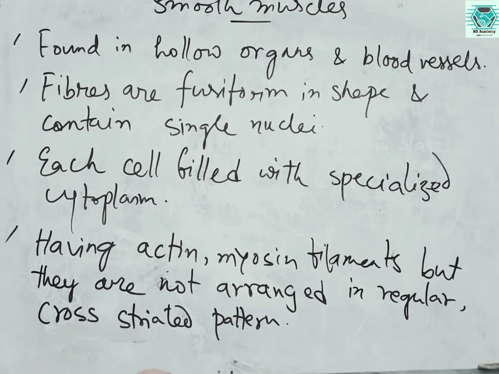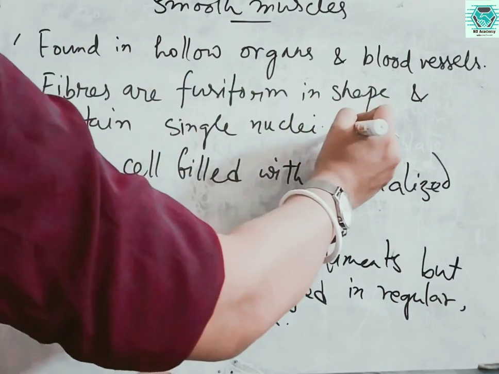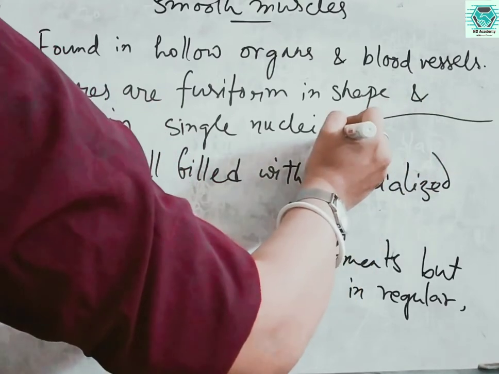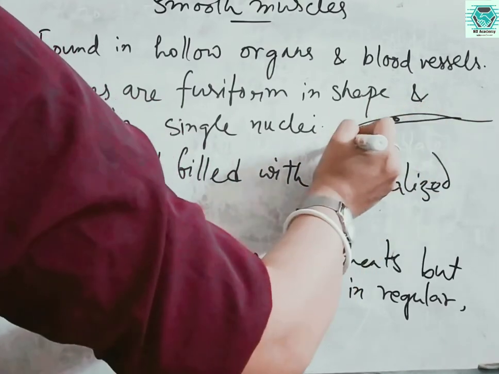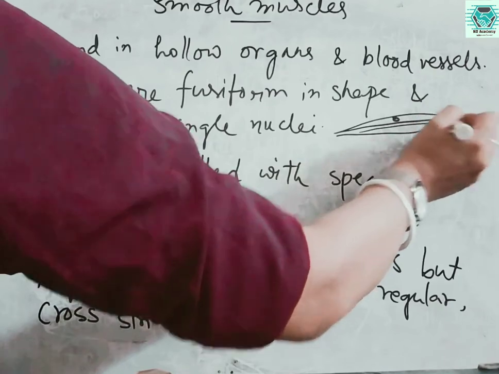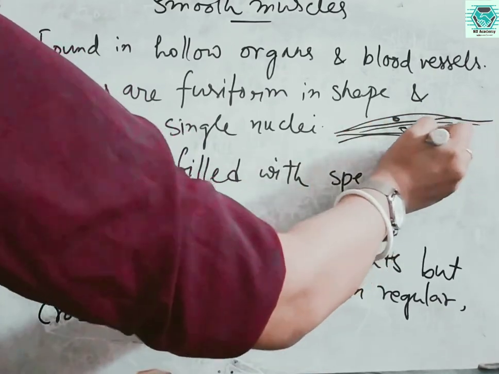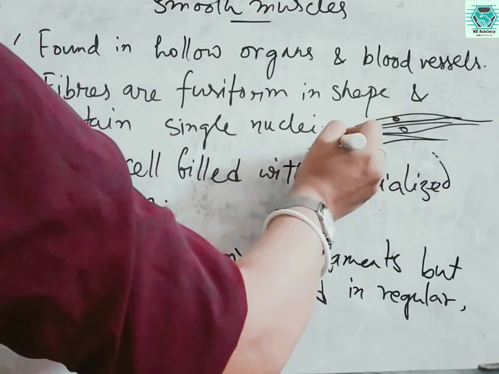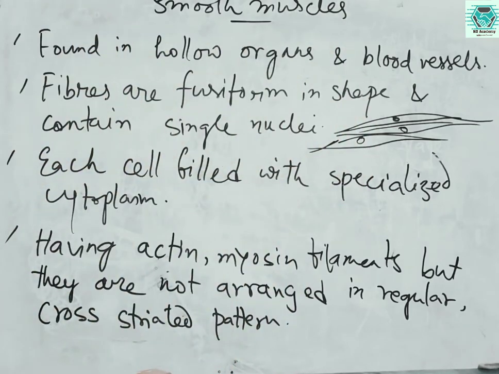Now moving to the smooth muscles or visceral muscles or involuntary muscles. The smooth muscles are found in the hollow organs and blood vessels basically, and like the skeletal muscles, smooth muscles also have muscle fibers, but the fibers are elongated and spindle shaped like this, having the nuclei. So they are spindle shaped fibers having nuclei, whereas in case of skeletal muscle we have seen elongated fibers which make bundles, and in skeletal muscle there were multiple nuclei, but here in smooth muscle there is a single nucleus